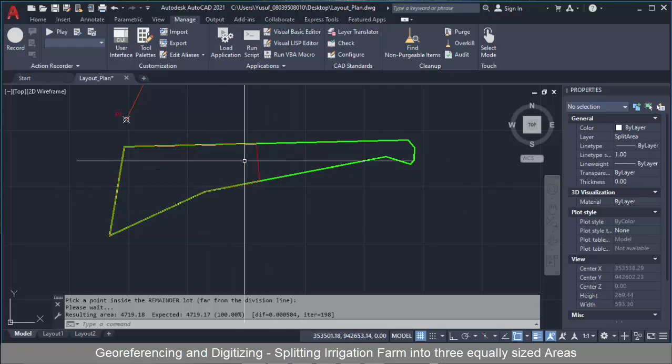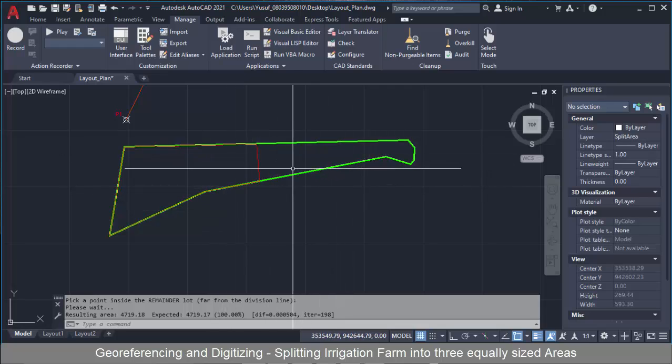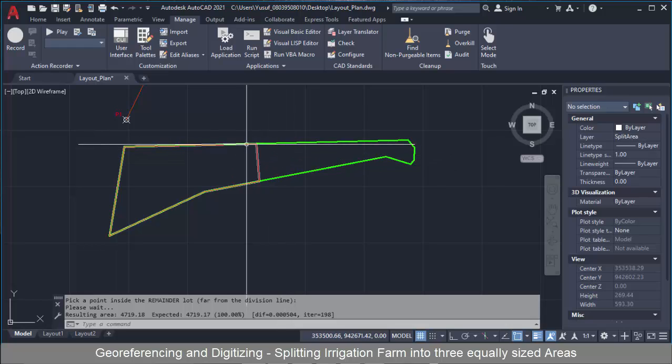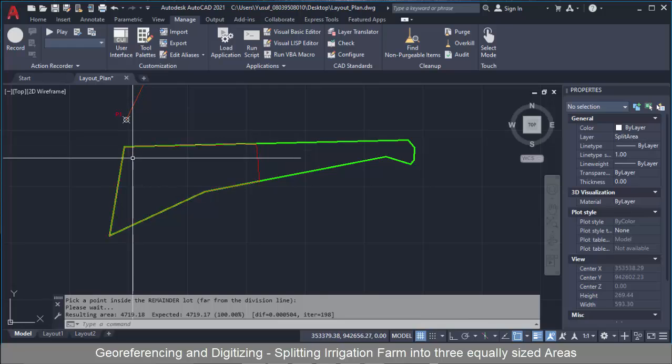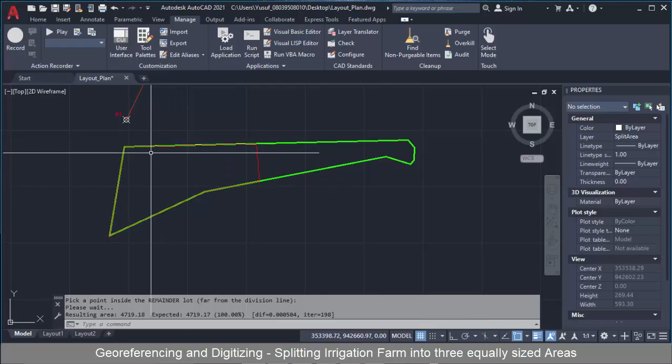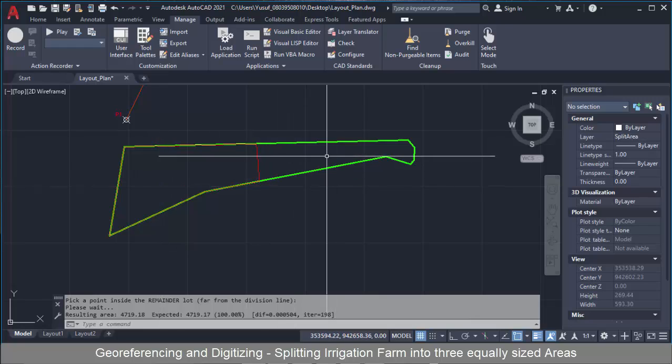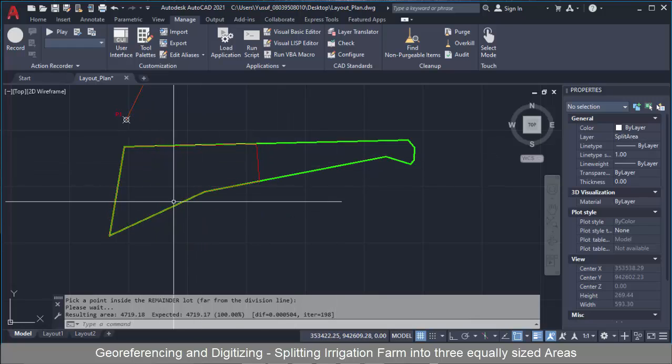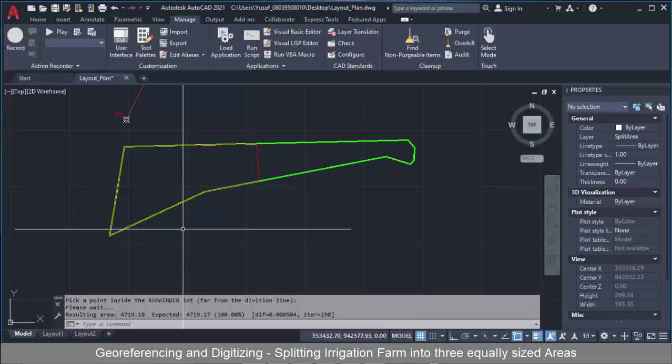So as you can see, the area has been split into 3, where this first part is 1 and then this second part is 2. So we need to further subdivide this part into 2, so that we'll have the first part, second part, and then the third part. So repeat the split area,